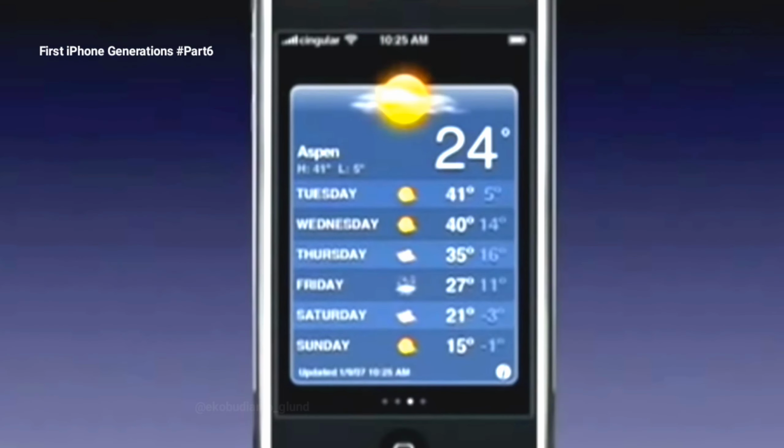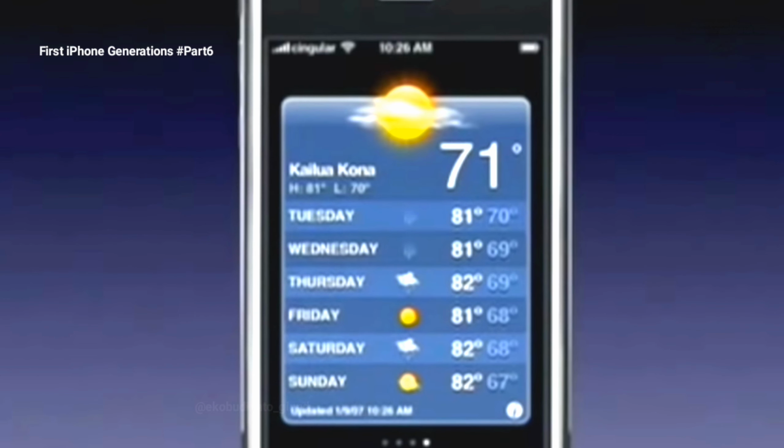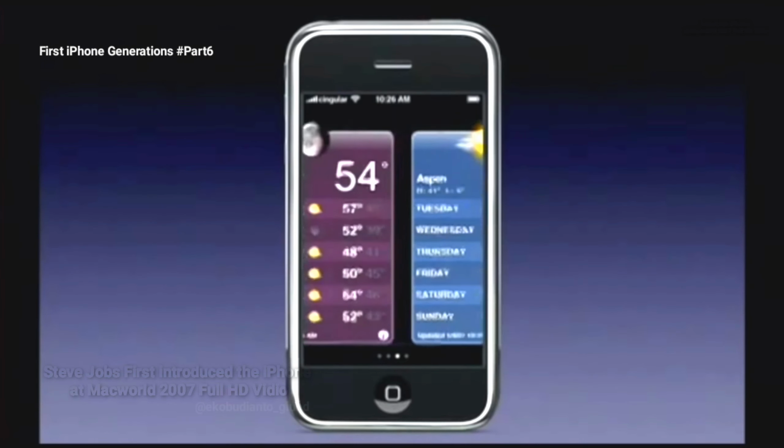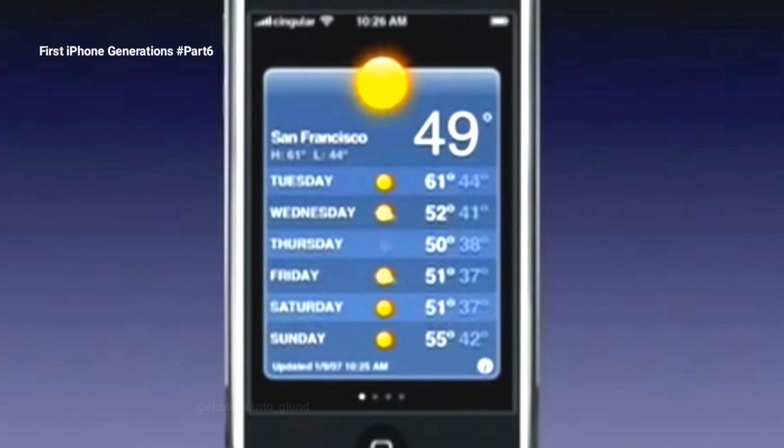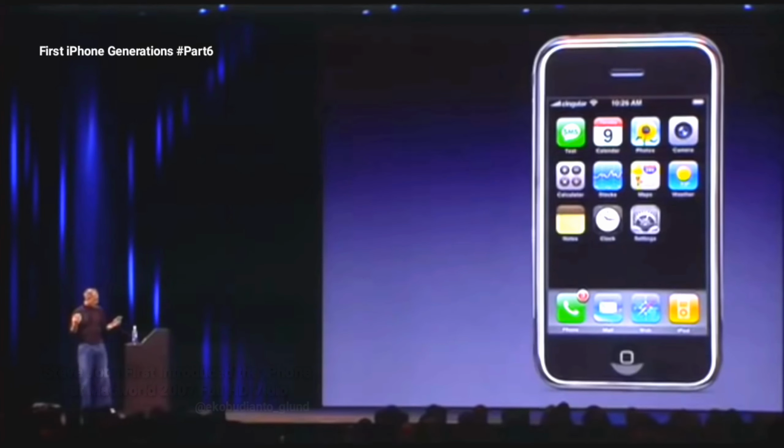Now, Aspen. No snow till later in the week. And Hawaii. Oh, it's raining. That's not good. Well, anyway, here's 4 places: Hawaii, Aspen, Paris, and San Francisco, and again, the weather widget. Now, to conclude with the Internet device section here, I want to show you something truly remarkable, which is Google